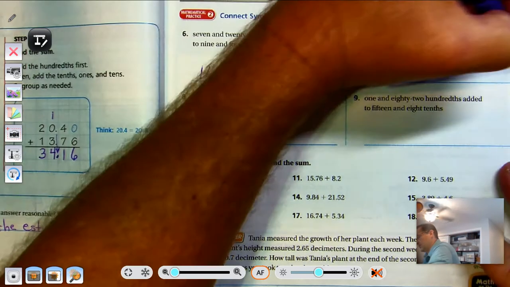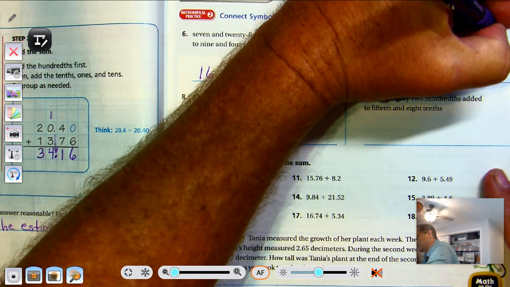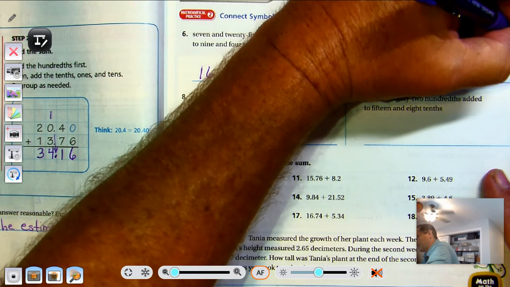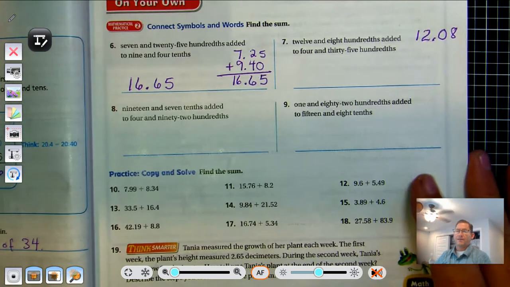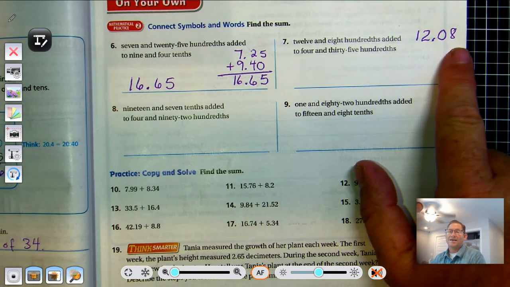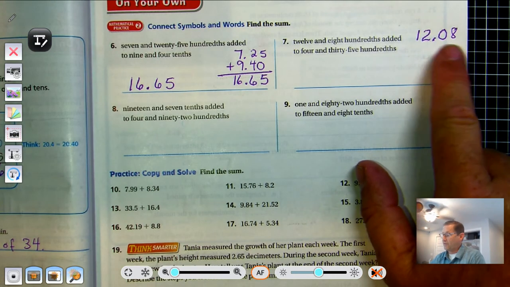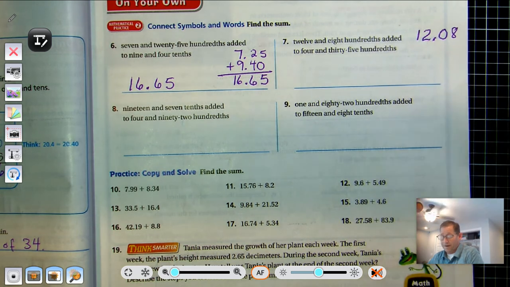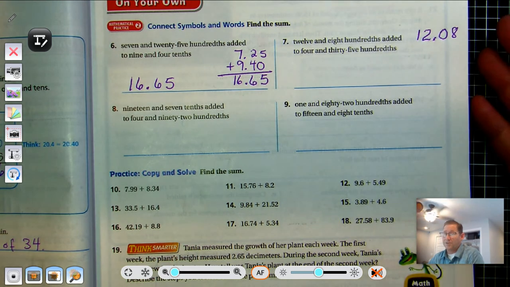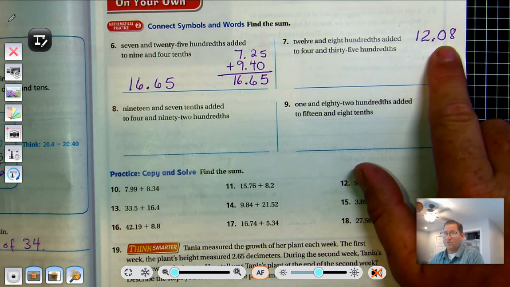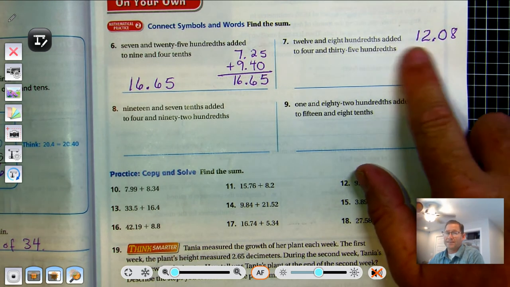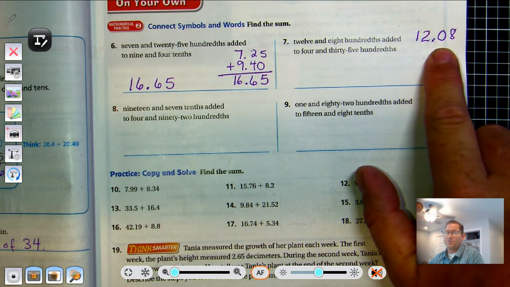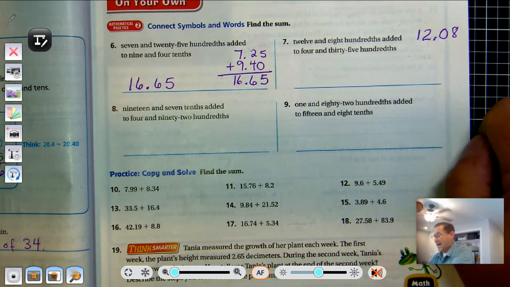Number 7. 12 and 8 hundredths. Now be careful with that one. Okay, 12 and 8 hundredths. If you write 12.8, you actually have 12 and 8 tenths, which if we added a 0 to the right of it, we'd have 12 and 80 hundredths. So this is different than 12 and 80 hundredths. So if it says 8 hundredths, you have to have a 0 in the tenths place. Added to